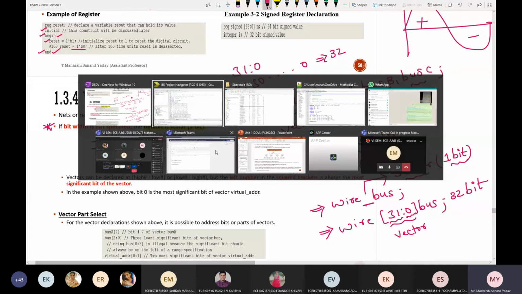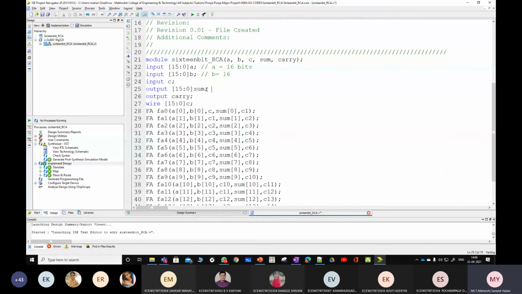So here also you can see this. Here I've used the vector concept. Generally this is a syntax which we shall see. What is this module? What is this name? I'll tell you all in detail. So till now we have covered input declaration followed by vectors. We have seen all these comments and underscore and so on. And can anyone tell me about an array? What is an array?